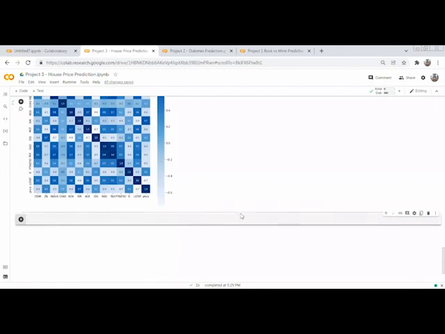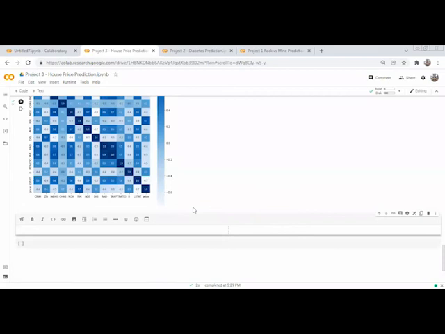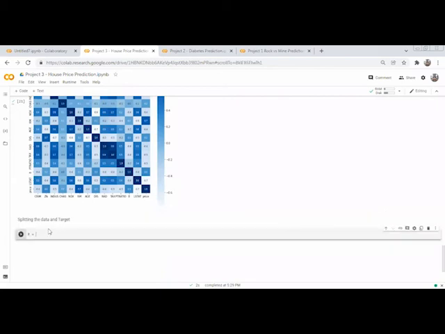Now that is our next part. We have the train and the test data. The initial data analysis part is over, so now we go for the splitting. First we separate the data and the target. From the house price data frame, we want to keep the price at a different level, so we drop the price from here,